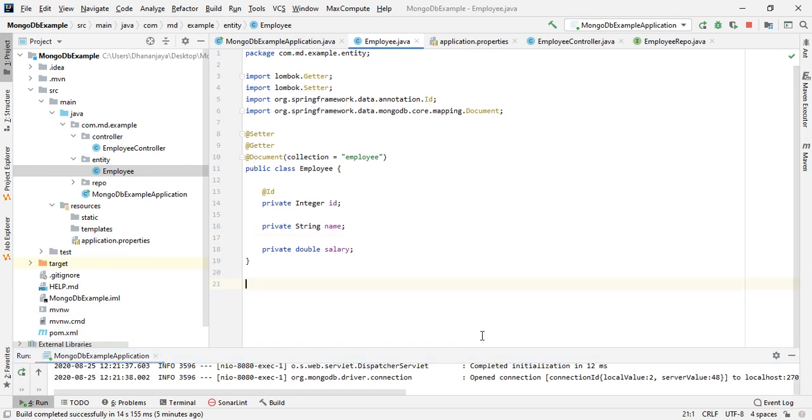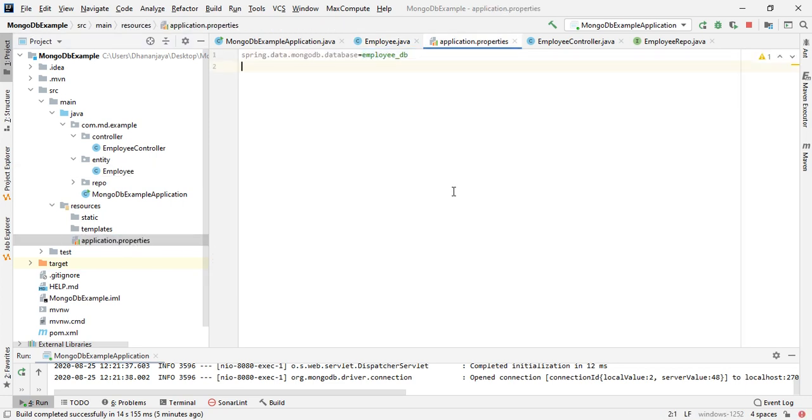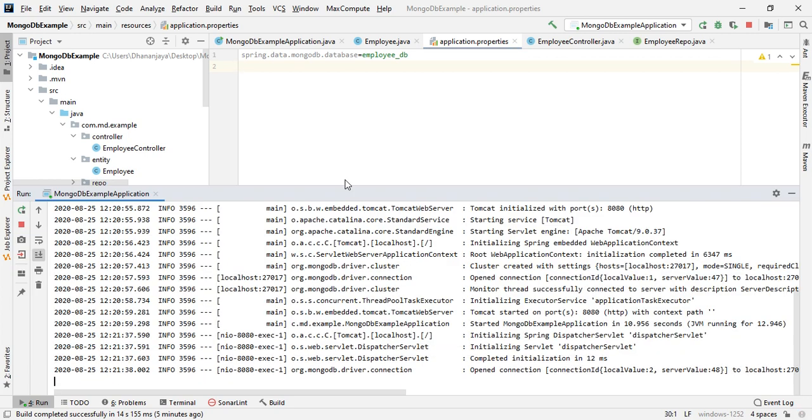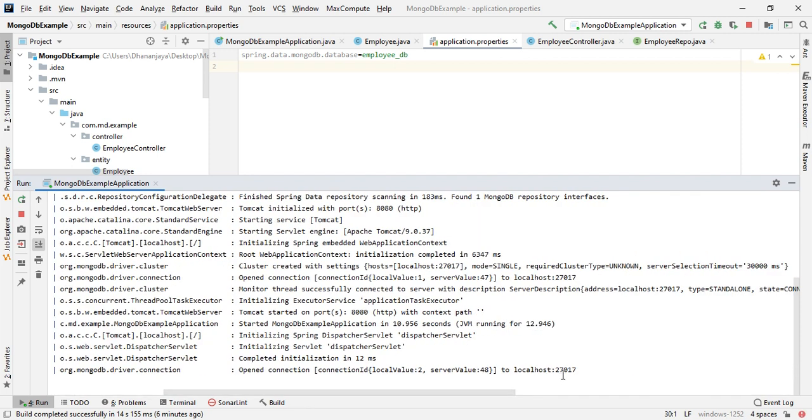This is very easy. There are a few things you need to remember, like @Document we need to annotate instead of @Entity as with a relational database. Then in the properties file you need to write the MongoDB related configuration. One configuration is enough. If you are pointing to a different host and port, that is different, because by default it will point to localhost and port 27017.